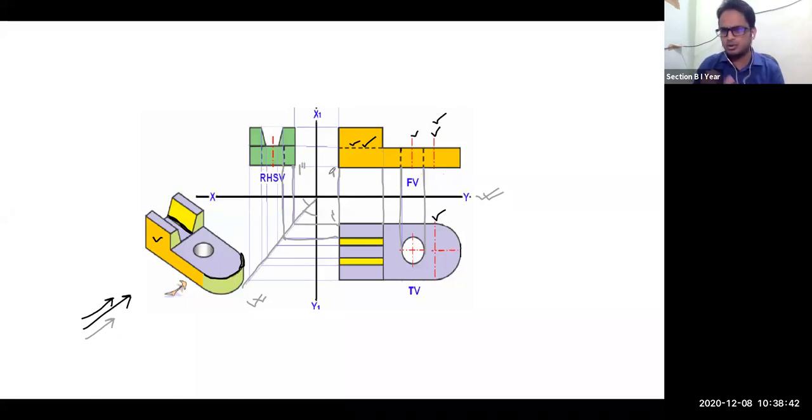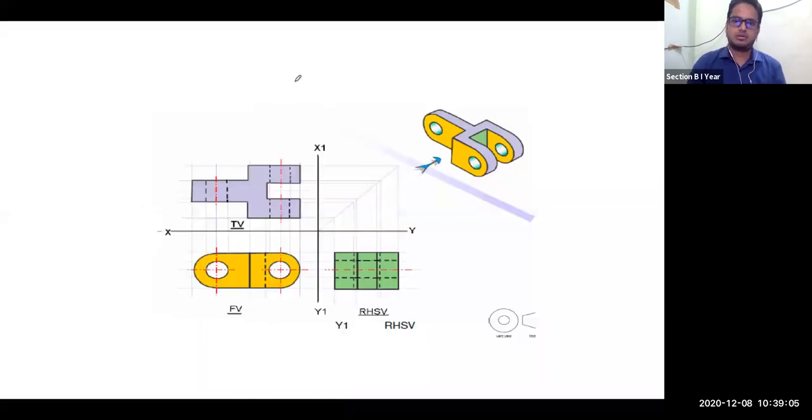Okay, so no need to go into that much detail. Just for your knowledge, I have told you how to draw the side view when your front and top view are given. But keep in mind how it is drawn. We will draw all those things in software, in your AutoCAD software, so there it will be helpful. Now, this is another component. A bracket is there. You are looking at it from the front side.